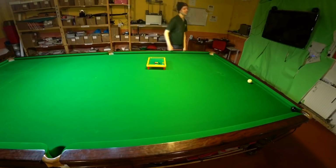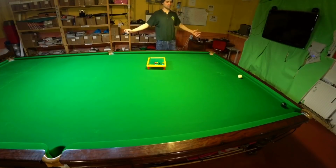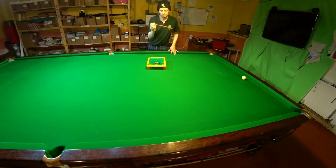Come on! I really couldn't tell if I was missing the black because I couldn't hit it straight, or if it was something else. Yes! Got it. But if you thought this was a challenge...